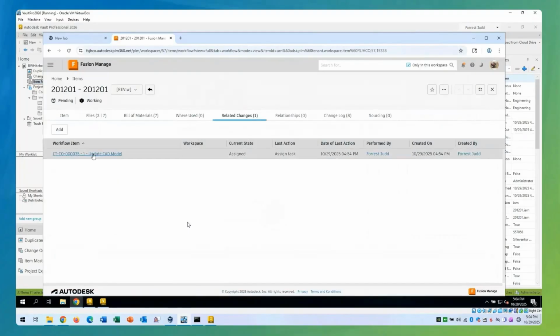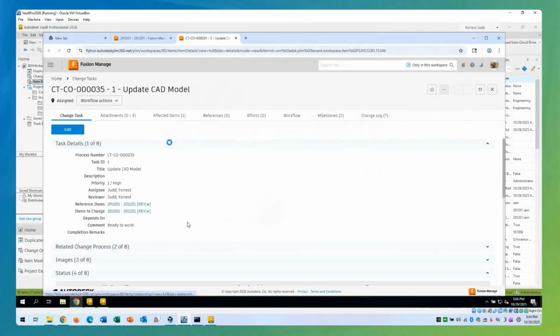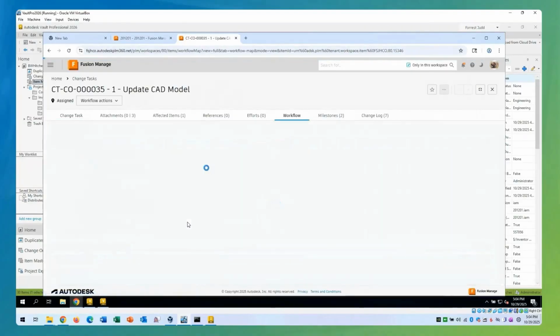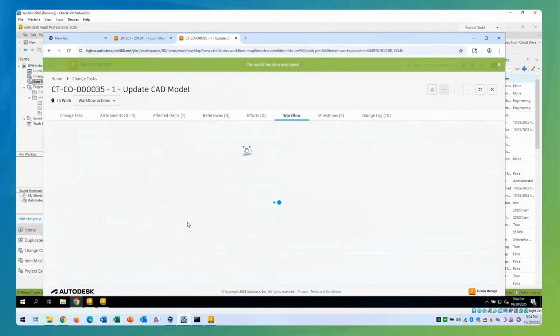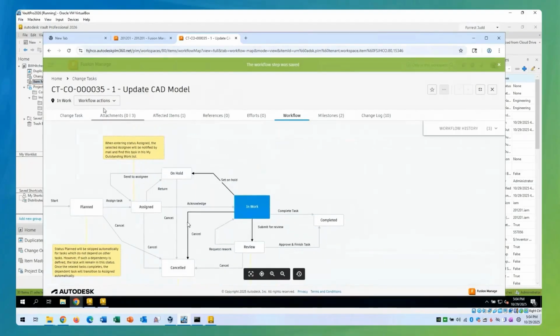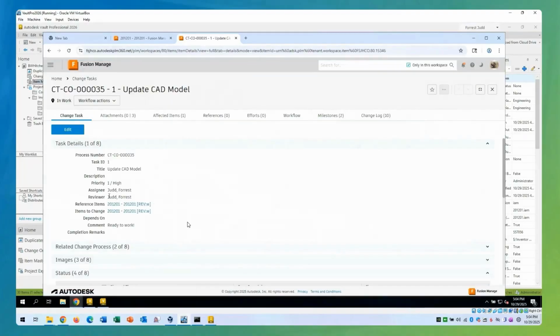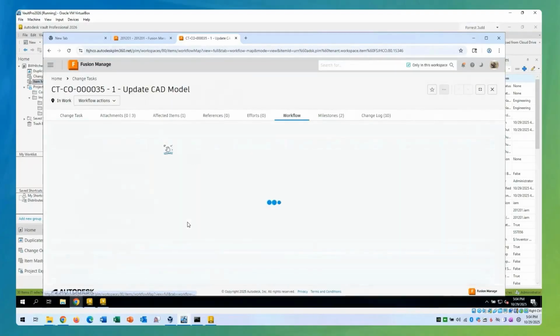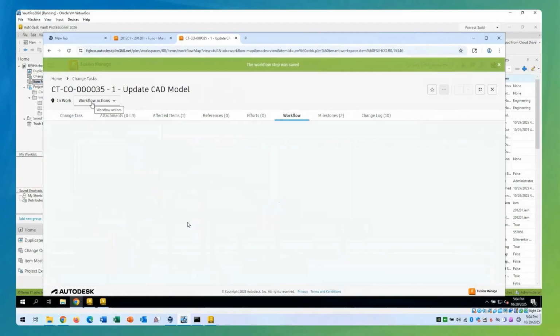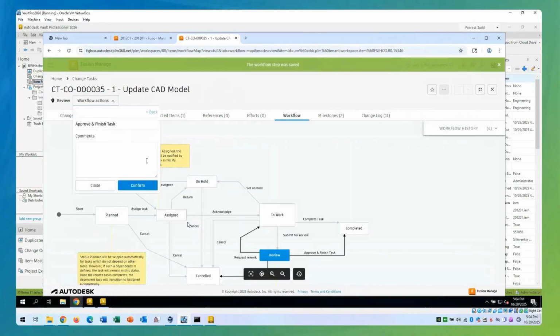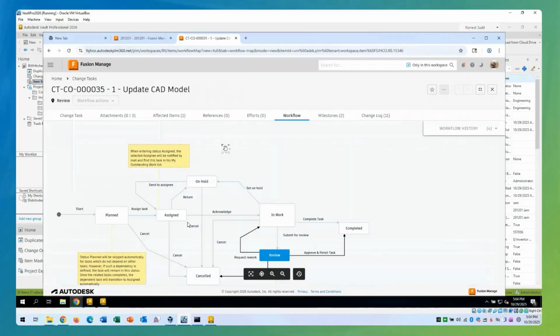Now, I need to get back to my task to say I'm done. I've got a quick link right there, and I just have to come to my task. I'm also the reviewer in this case, so I have to take a couple of steps. As the person doing this task, I forgot to acknowledge that I received the task, right? But now I did the work, so I can say that I'm done. Since I'm the reviewer and the person doing the work, I can submit it for review to myself. And then I can say I'm done with it,